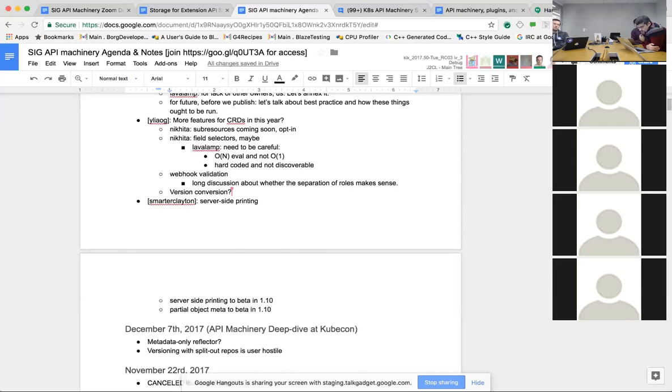Do you need more eyes on the server-side printing thing, or do you think you and Phil are going through it? A lot of it I think would be interesting to many of the folks on this call, because it's about what is the minimum bar for generic things on a client, and the trade-off with user experience. You can't necessarily make good user experiences just by using JSON path and trying to sort through that.